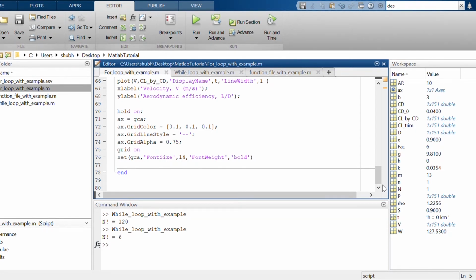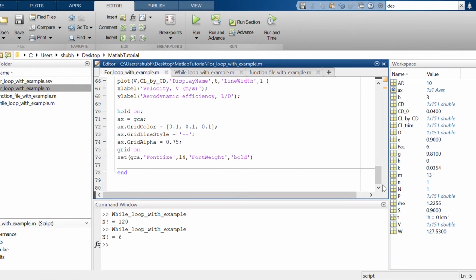Can you put all the program in a single file? It will be very difficult, because if you divide it section-wise, then it will be very easy to see the things. For looking into the program, you can easily change whatever you want in the same program. So in this situation, the function file helps. If you have, suppose, a 6000 line program, you can divide it into 500 different sections in function files.